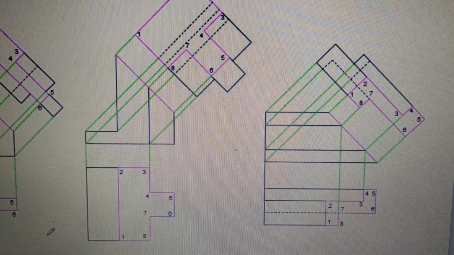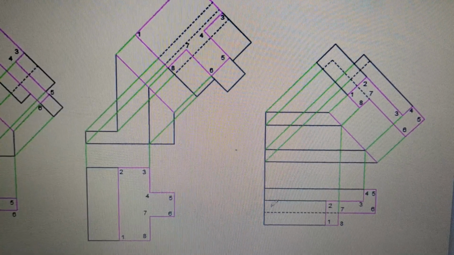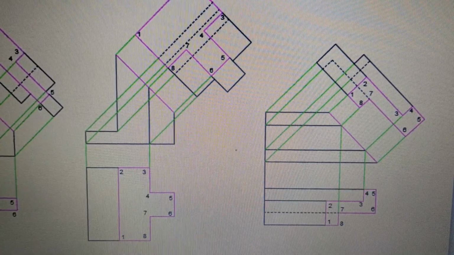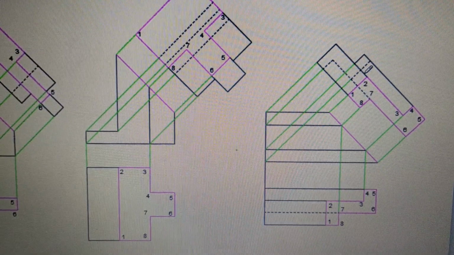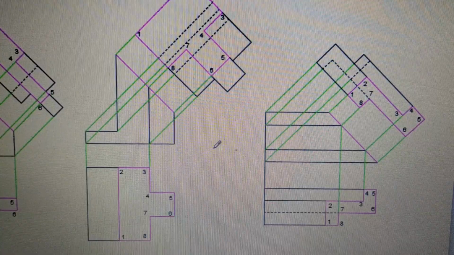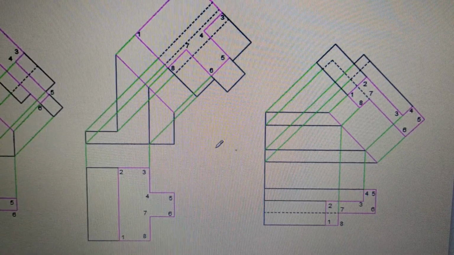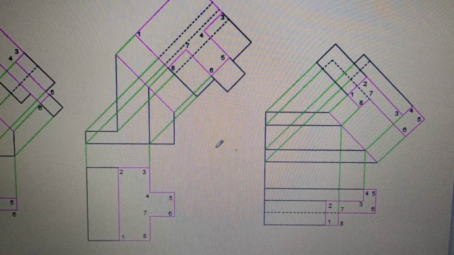You will be given the data so that you can draw these auxiliary projections. First you can draw the front view and top view, and then you can draw the auxiliary views based on the description that is just now given. So this will be your auxiliary projections practice sheet number 20.